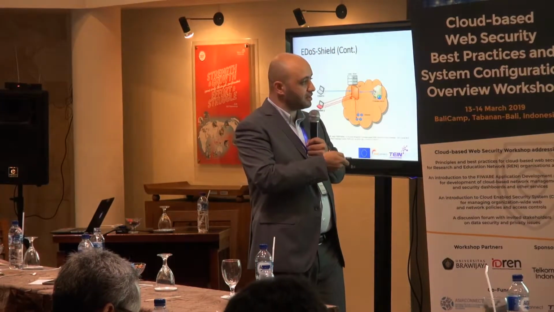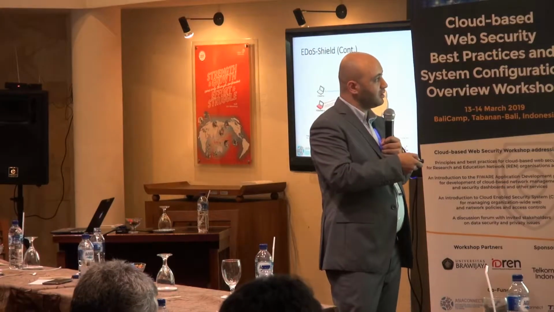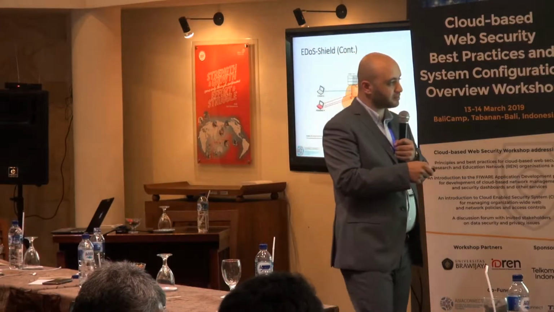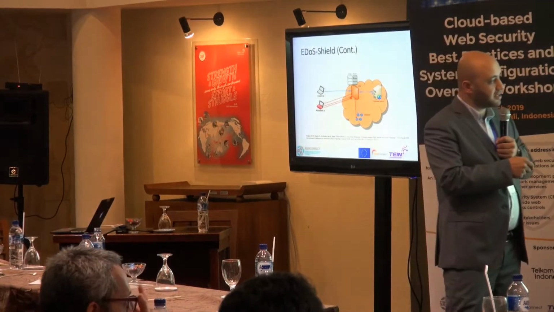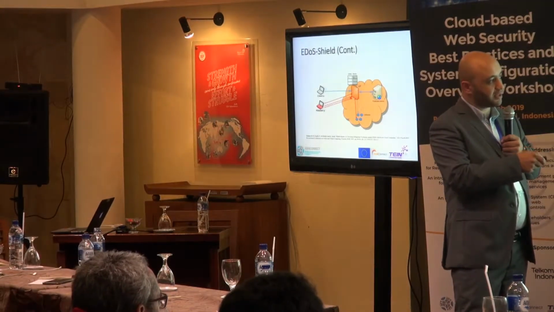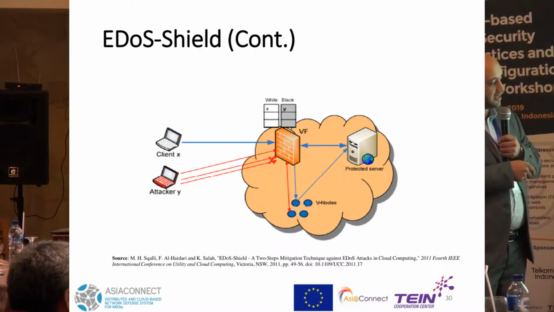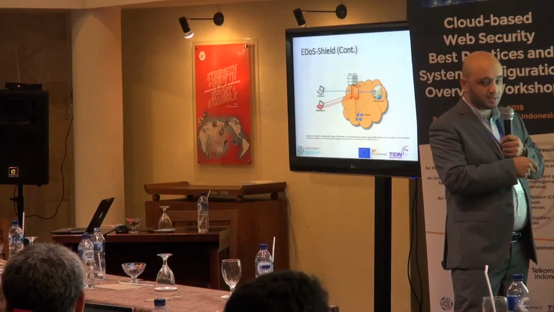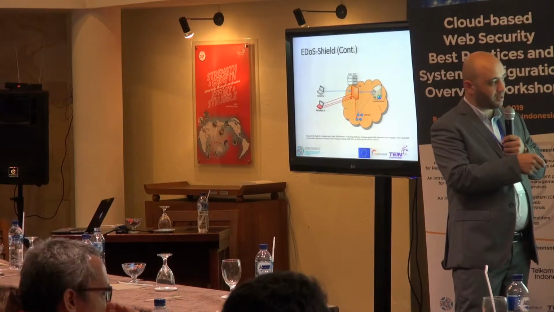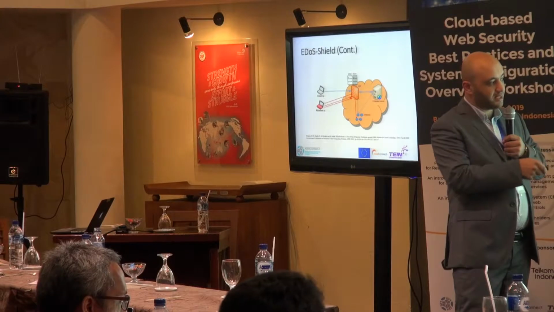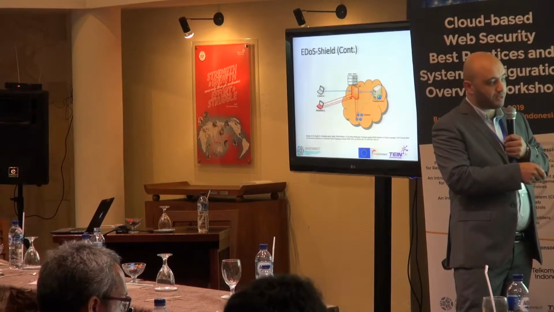And here is the architecture of the EDOS shield. So here we have a client. The client is whitelisted, the source IP is in the whitelist, so it automatically accesses the protected servers. But in the case of attackers, the request goes to the firewalls. When the firewall checks and the source is not in the whitelist, it will forward it to the verifier